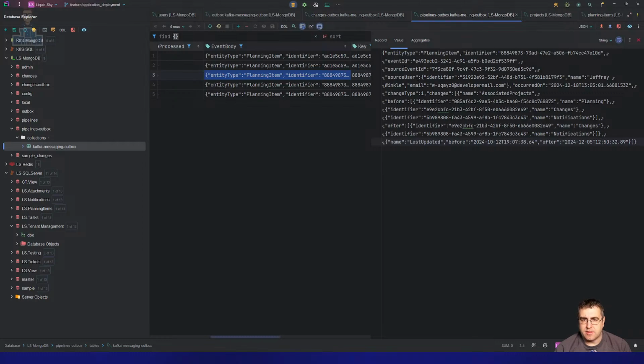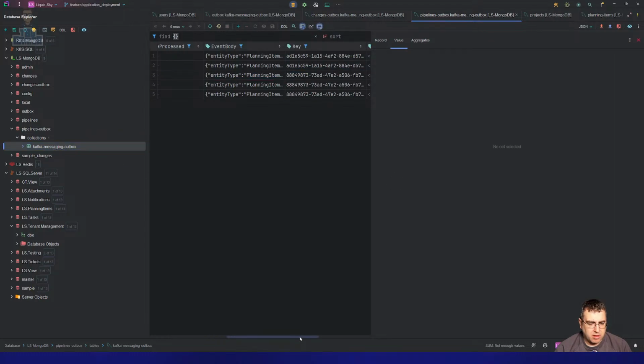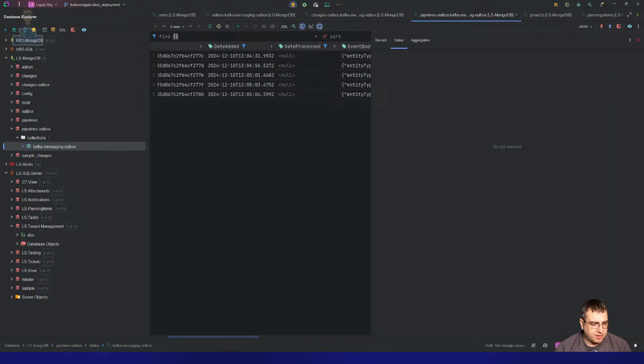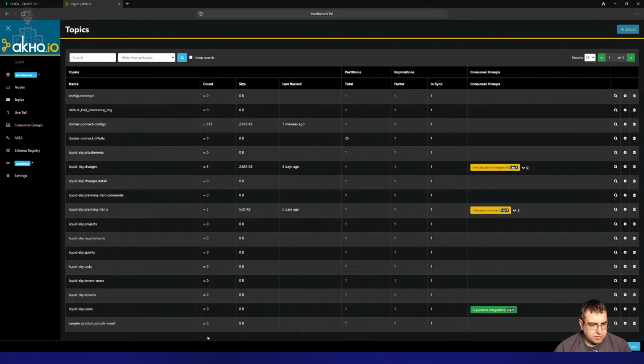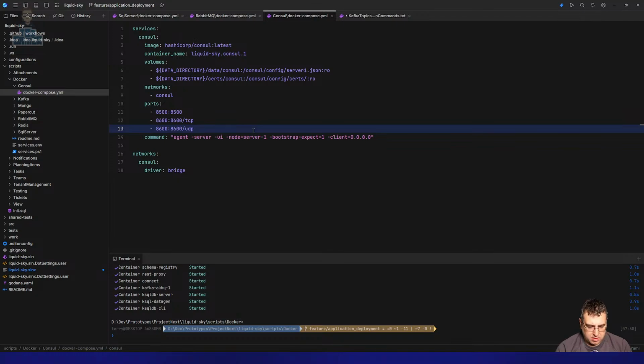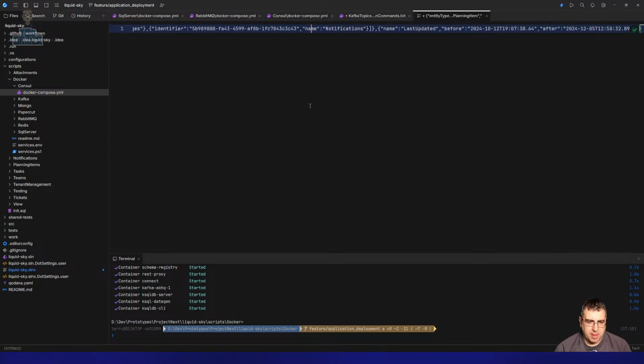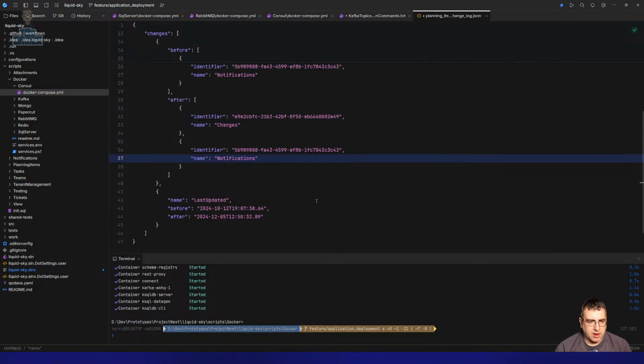Either way, it does enrich the data. Not processing, that's the weird thing. I'll go back on that in a second. Okay, so what this did